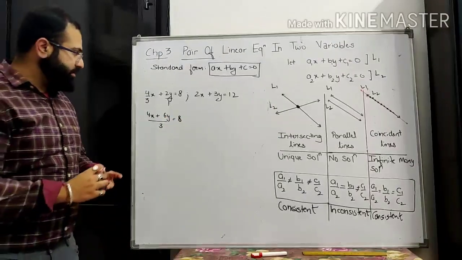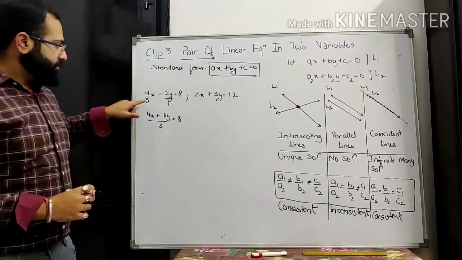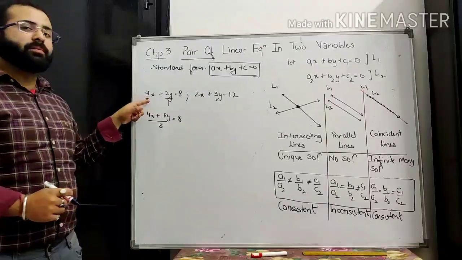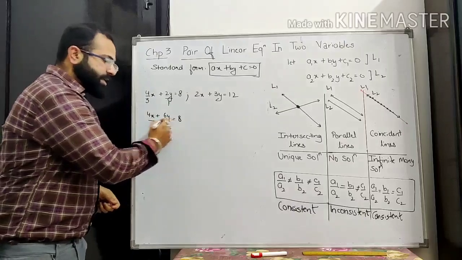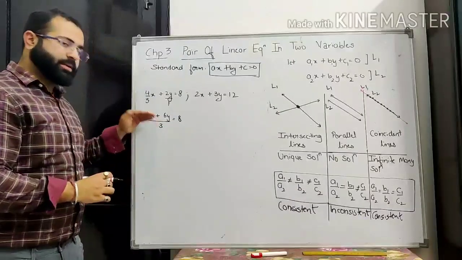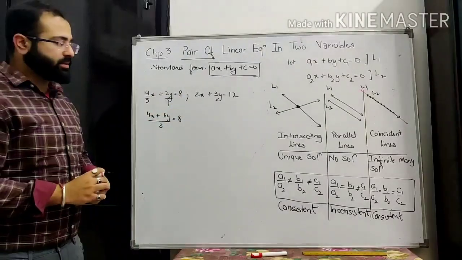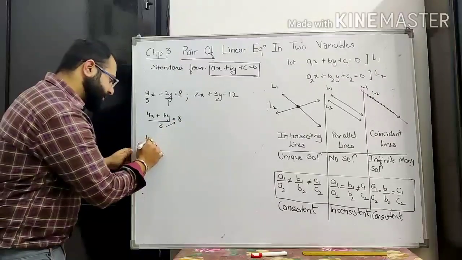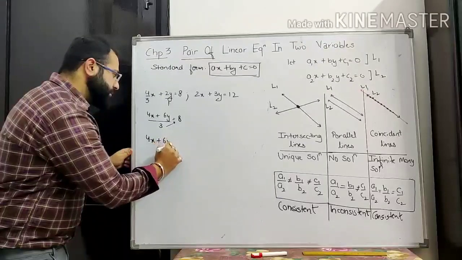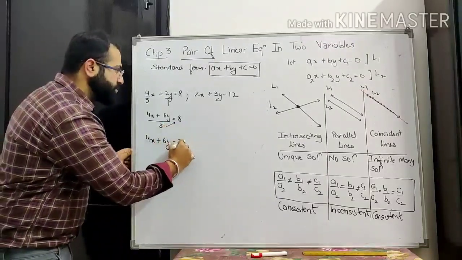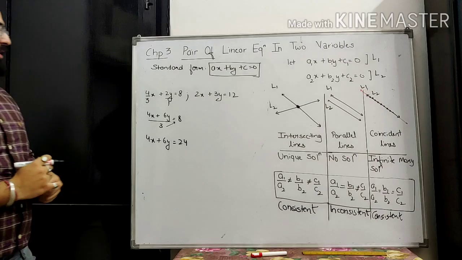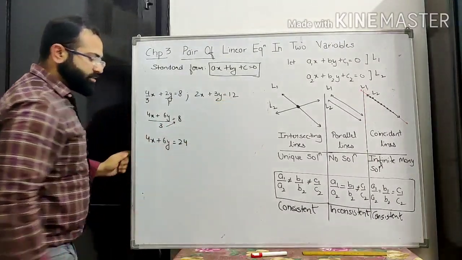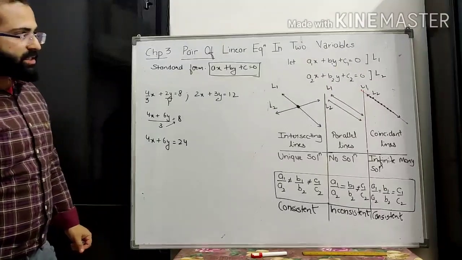One mistake all students make is that they will first multiply the 3 to the other side. So you cannot multiply the denominator unless you have taken the LCM for all the terms. First you have to take the LCM, after that you need to multiply over the other side. So now multiplying this term over the other side, you'll have 4x plus 6y is equal to 24. Okay. So now this is equation 1 and this is equation 2, but still these equations need